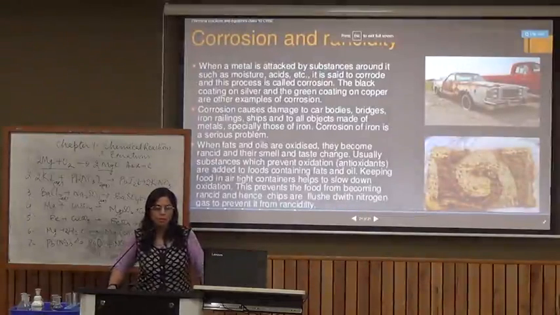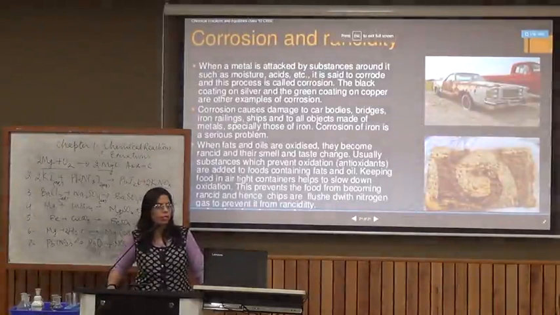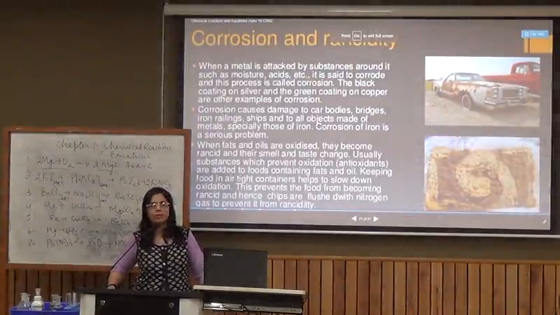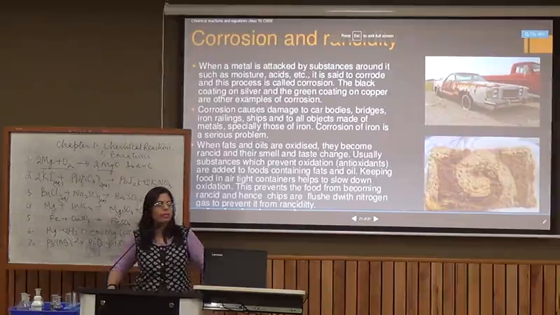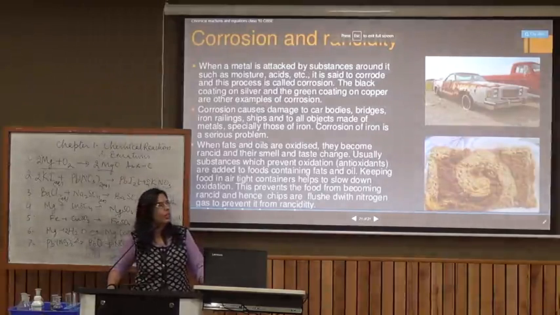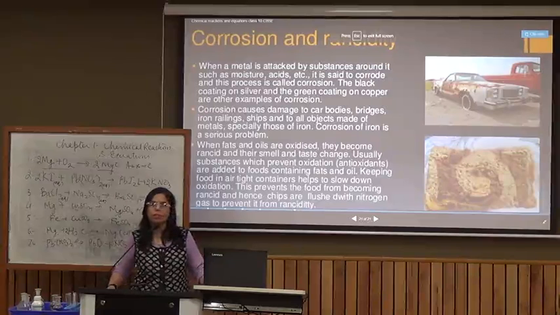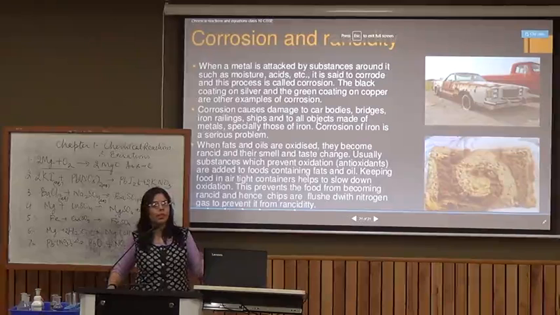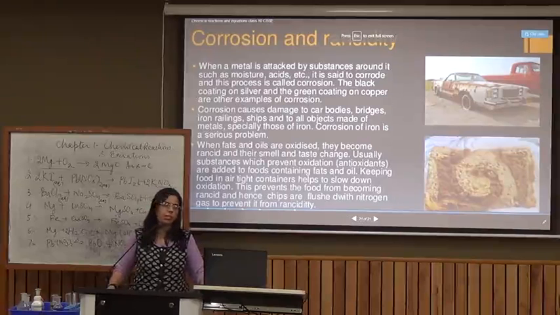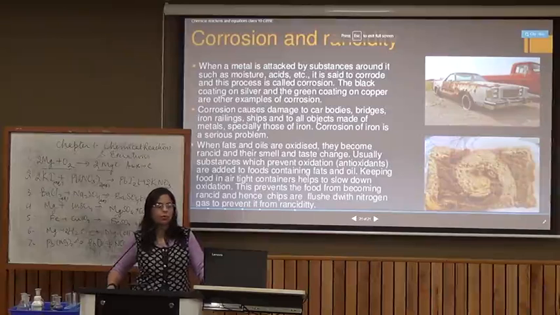Now we have the concept of corrosion and rancidity, which is related to oxidation. You must have seen so many metals. Metals as such or by nature are expected to be shiny. But most things that you see around you, the iron gets rusted or the silver gets blackened, copper develops a black coating around it. These are examples where the metals react with the oxygen present in air, and they produce metal oxides which are dull. Aluminium objects turn dull, they would also have a blackish coat around them.